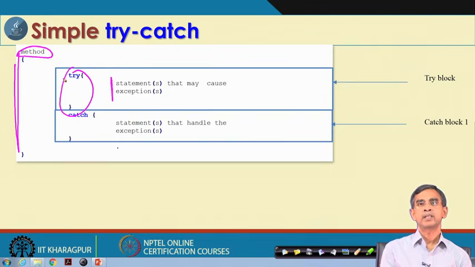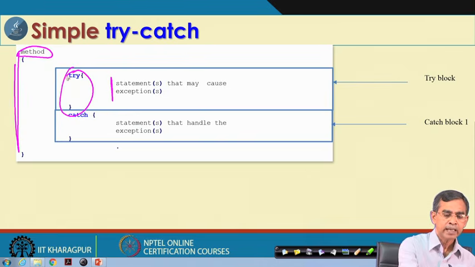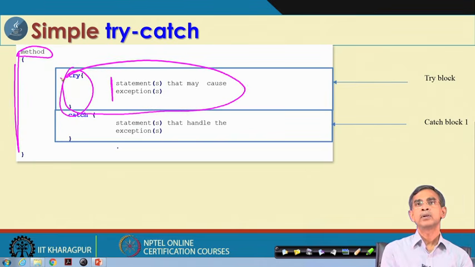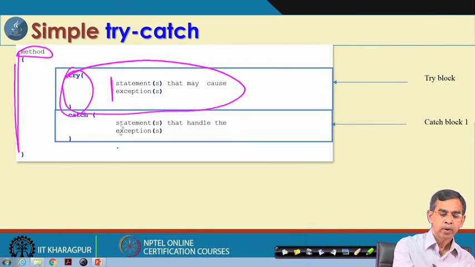In a default sense, for every statement we can write one try catch, but it is very tedious, the program becomes bulky, looks very clumsy and is not desirable. Only if you see that these are the possible causes of error, then we can put that code under the try catch. Now, this is the try block, which contains the code susceptible to cause an error, and then for that code, at the end of this try, we can put a catch.